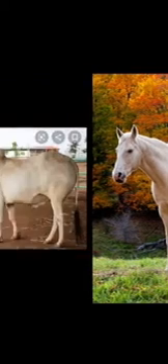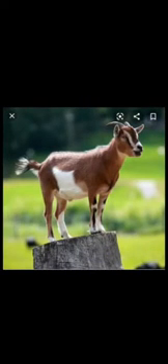Here you have picture of a horse. Horse is coming in group of large animals. Then you have picture of bullock, which is also coming in group of very large animals. The next is medium size group of animals. Here in this medium size you have goat, then you have dog, even cat. They also come in medium size.